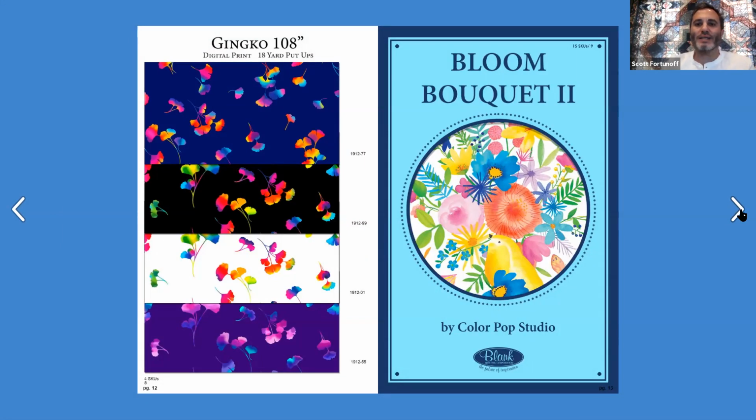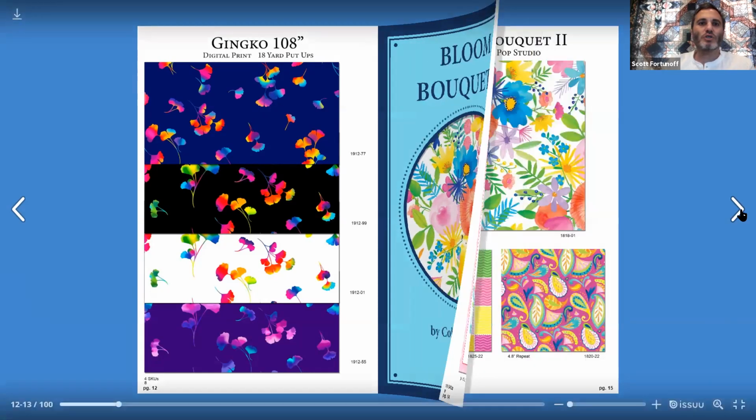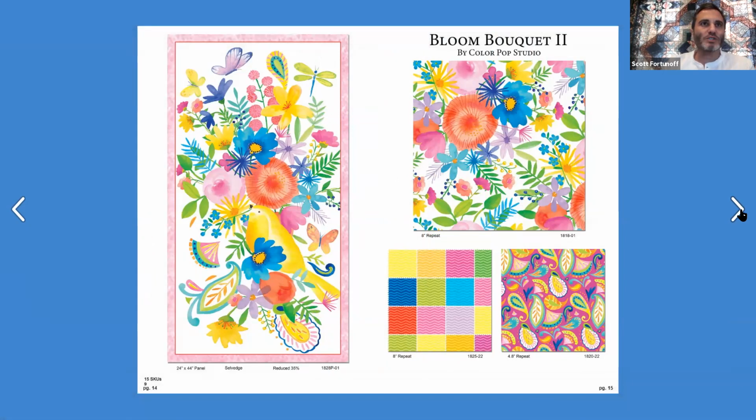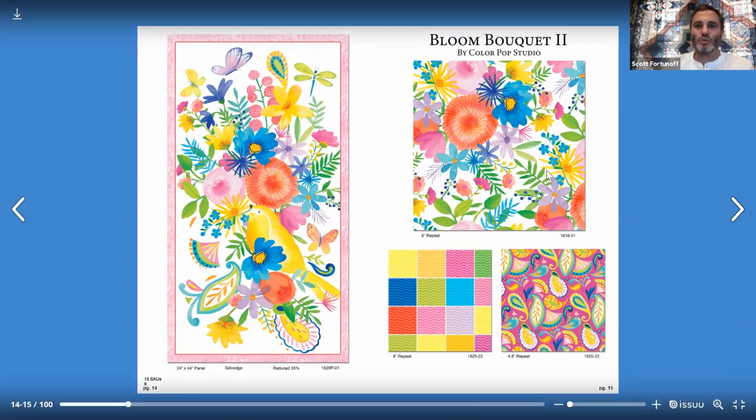Next, I have Bloom Bouquet 2. This is the second iteration by ColourPop Studio. 15 SKU collection, ships in September. And here we start out with this 24-inch panel. Really lovely with flowers and birds and little butterflies. And then we have some all overs with the flowers. A nice little blocks, paisley,